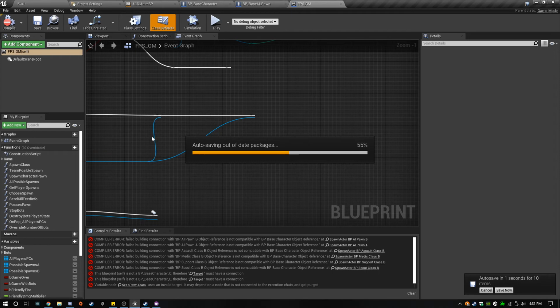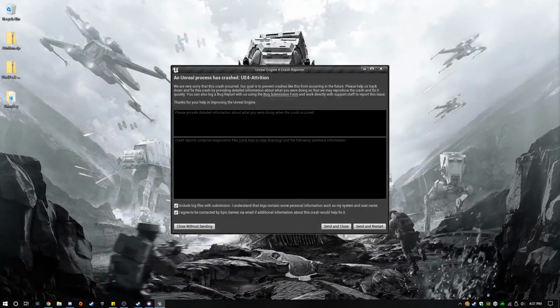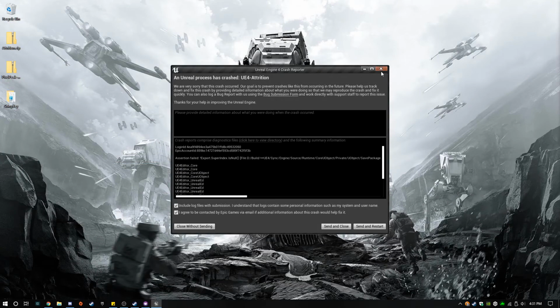Let's wait for the autosave to go through. I really should turn autosave off. As nice as it is, it kind of locks my workstation down sometimes. Oh, or it crashes too.